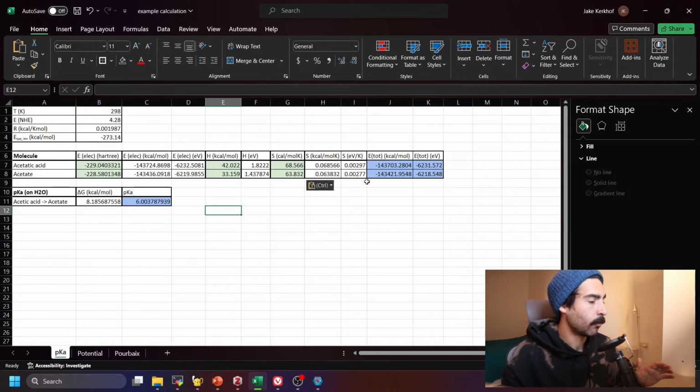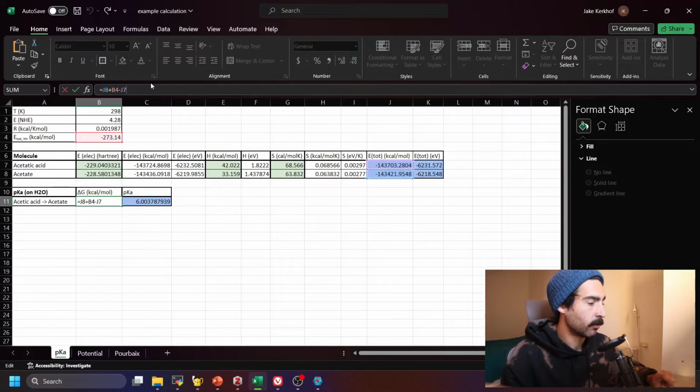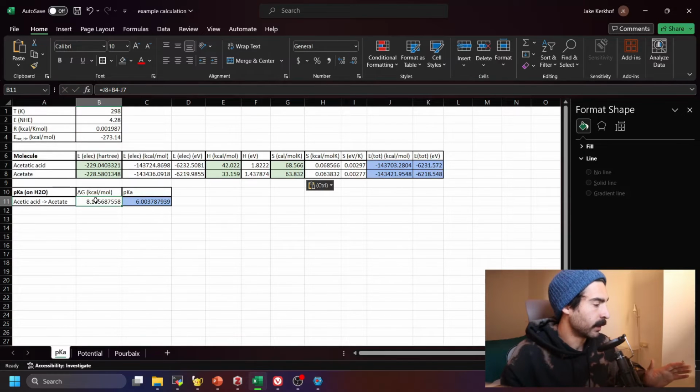and we can then find delta G by subtracting the protonated form from the unprotonated form and the proton. So here you can see delta G is J8, which is our acetate, plus B4, which is the solvated proton, minus the acetic acid. So you have a conversion of the unprotonated plus the proton and the protonated form. So we now have our delta G value, which was 8 kcals per mole,